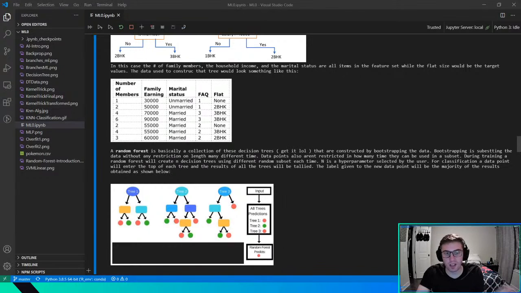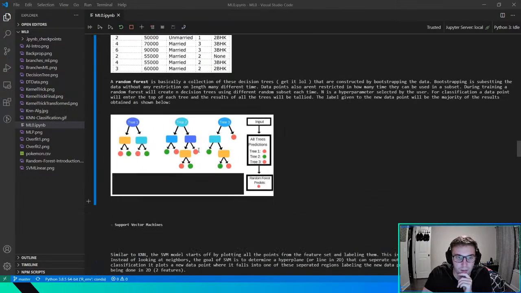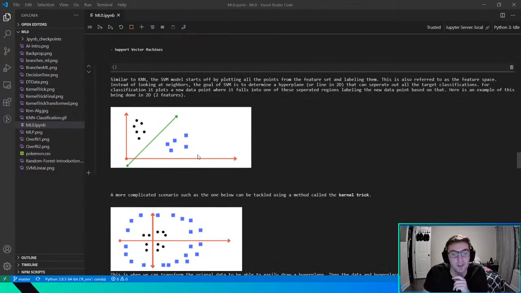So the next one we're going to talk about is support vector machines. These used to be a really big deal back in the 90s, I want to say, and they're still used today. Maybe not as much as they used to be because they've been replaced by other techniques, but when you're doing your model creation, trying to figure out which one's the best, you still want to run it. It can definitely be a good result sometimes.